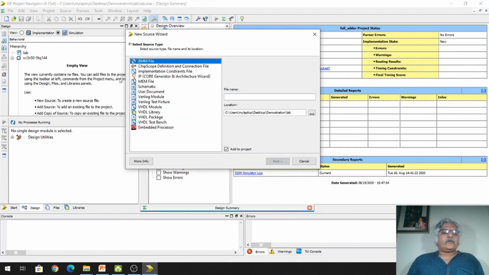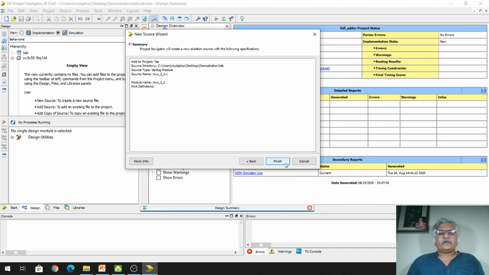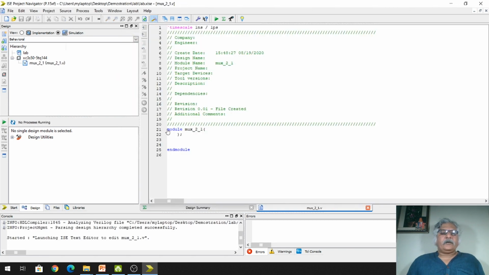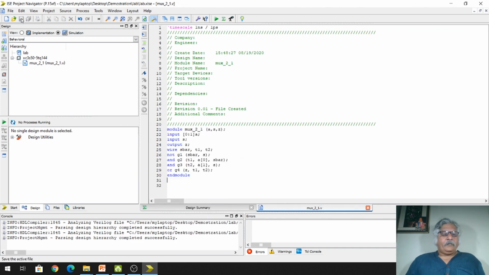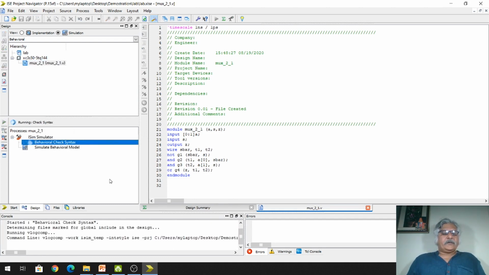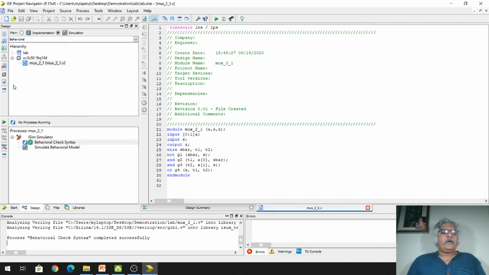Right, I will create a new source file. Verilog module name is mux_2_1. Next, next. And here I will paste the same code. So I will check whether this code is okay. Behavioral check syntax. Okay, this is okay. Now I will attach the test bench with this code.